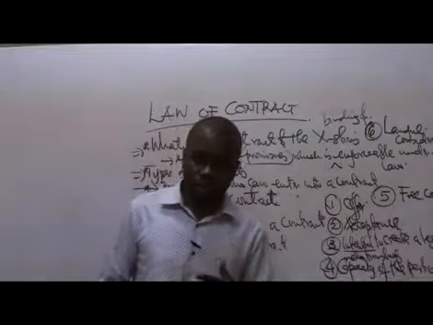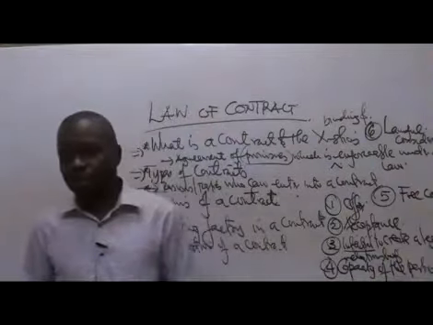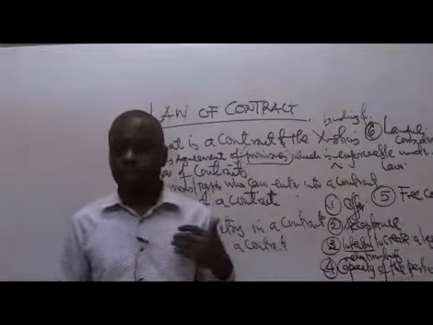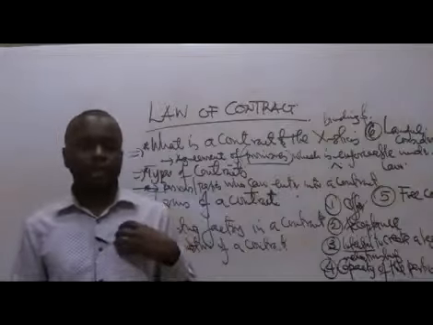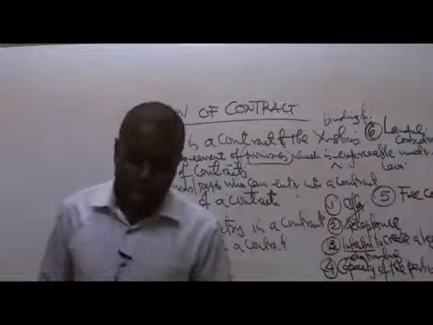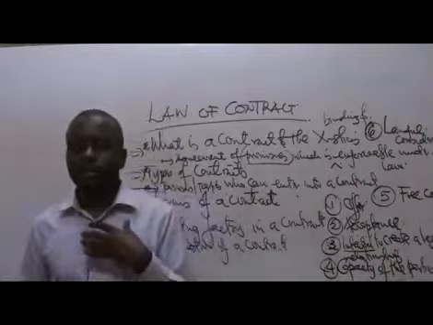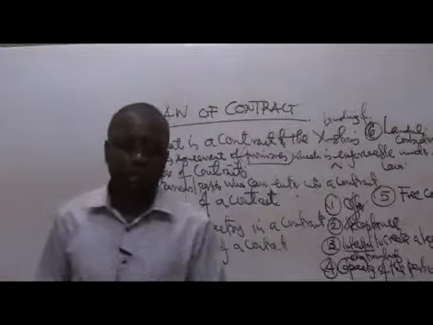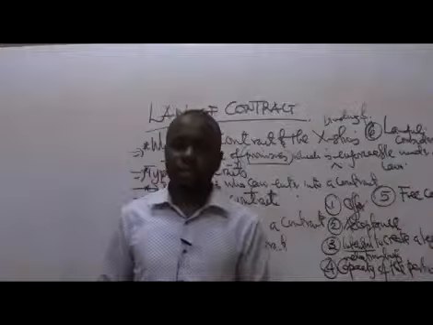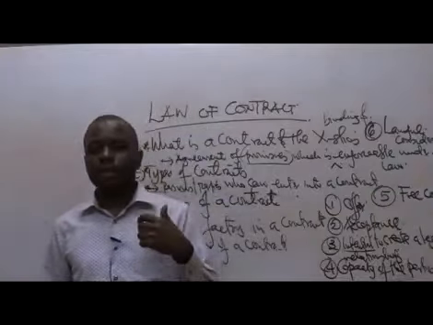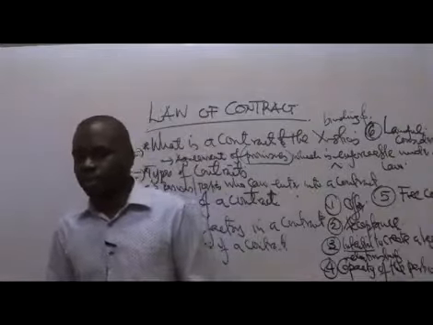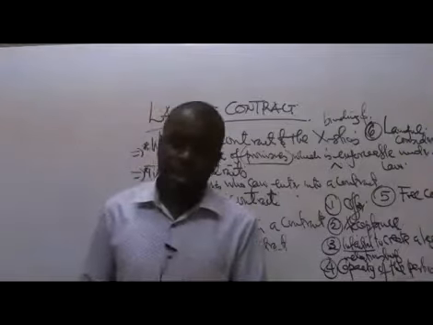Then there should be a consideration. You're not just coming to RCM for nothing. There's something that RCM is offering. They're offering tuition via live Zoom classes. That is the consideration being offered by this other party we are calling RCM. What about you as a student? There's something you are giving in. You are giving in a consideration known as the fee. You are paying that 3,500. That is the consideration. So in each and every contract, this element will be present.